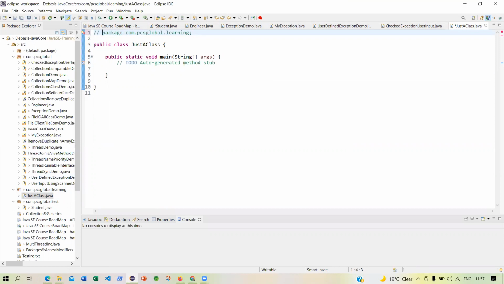Yes, sir. When you create the JustAClass.java, this type of page will come. When I create a class, JustAClass, after that this type of page will come.